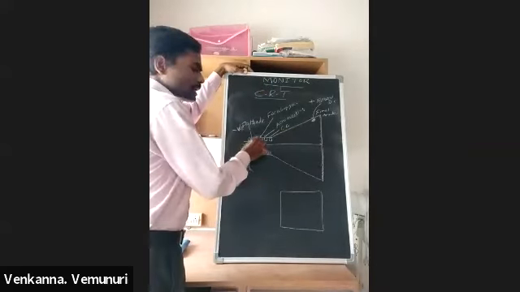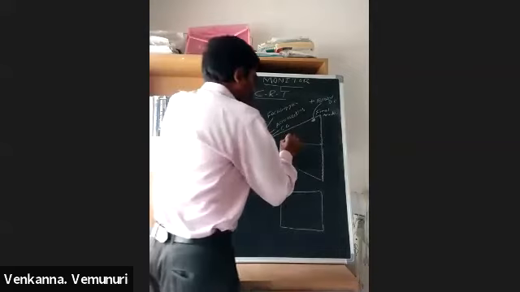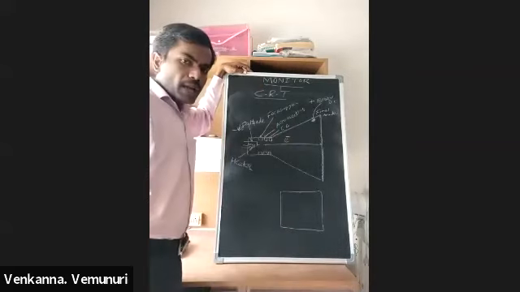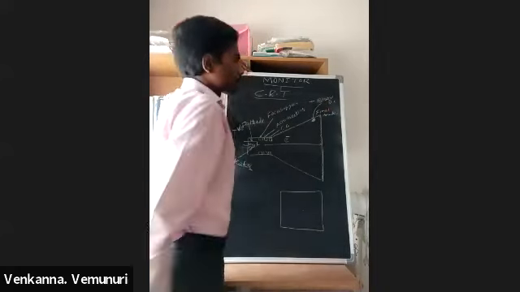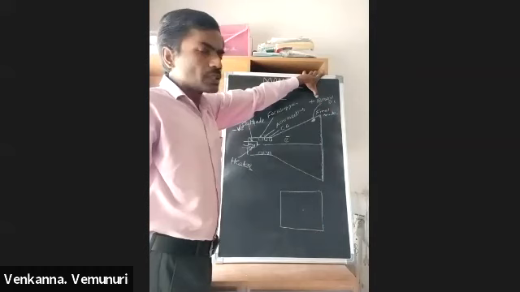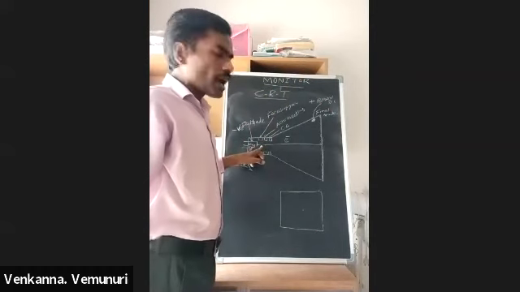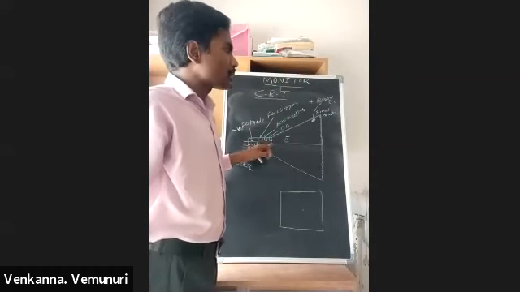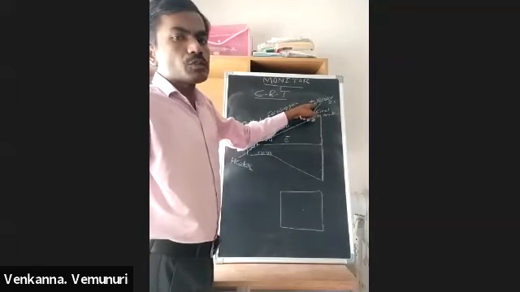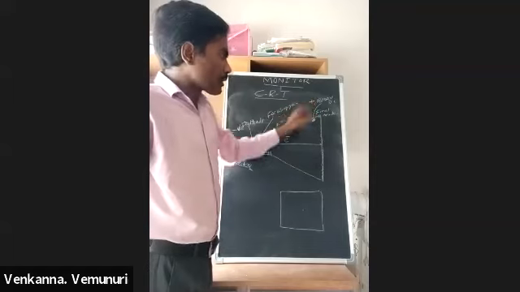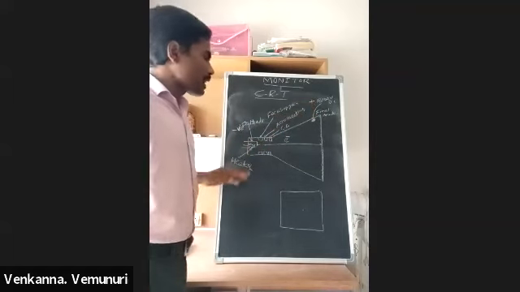Actually here, electron means negative charge, means minus. And here we also have positive high voltage. How much? 18,000 volts. This is a black and white picture tube. If this picture tube is a color picture tube, at that time here we are applying plus 22,000 volts DC. Now here I am selecting a black and white picture tube.